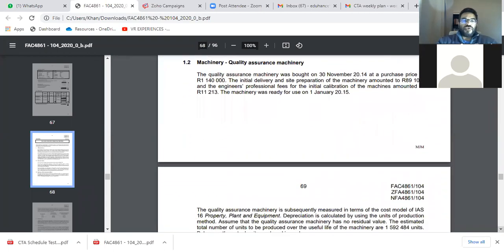So if you look at 1.2, machinery, quality assurance machinery. The quality assurance machinery was bought on 30 November 2014 at a purchase price of 1.1 million rand. The initial delivery and site preparation of the machinery amounted to 89,000 rand, and the engineers' professional fees for the initial calibration of the machines amounted to 11,000 rand. The machinery was ready for use on 1 January 2015. So in that paragraph, they are testing PPE. There are two aspects that they are testing over there. Number one,